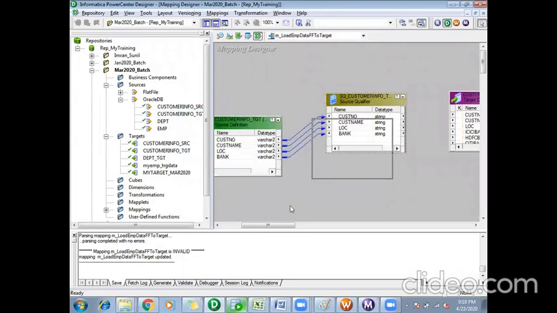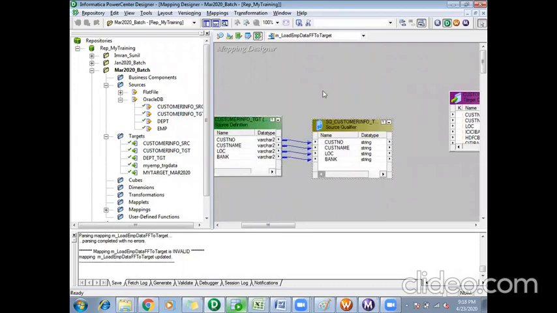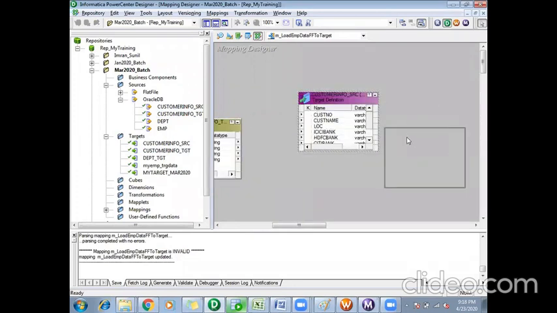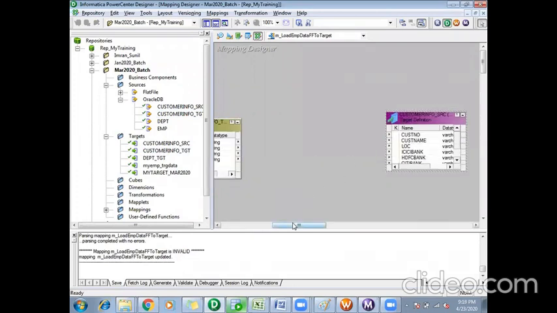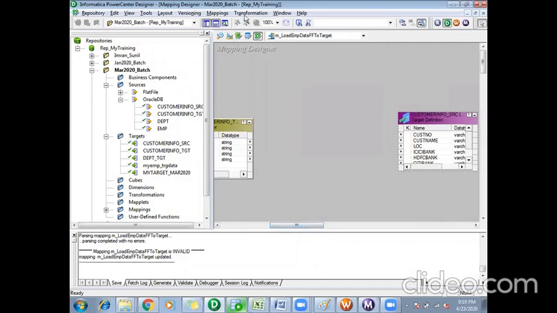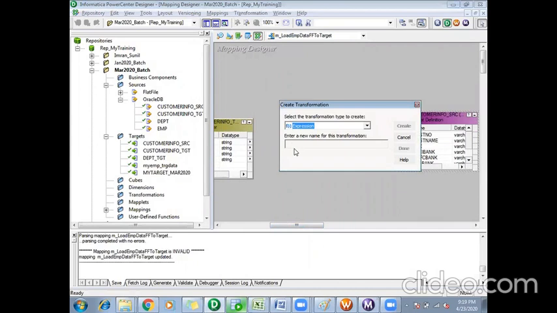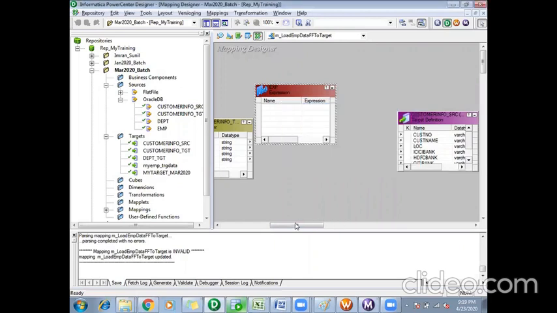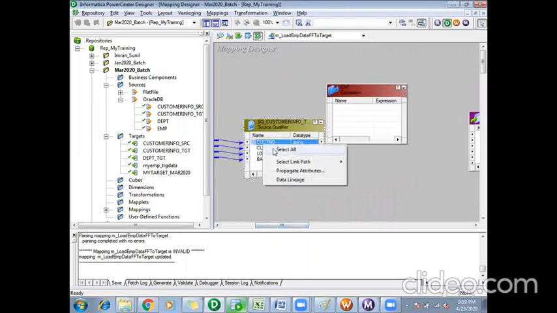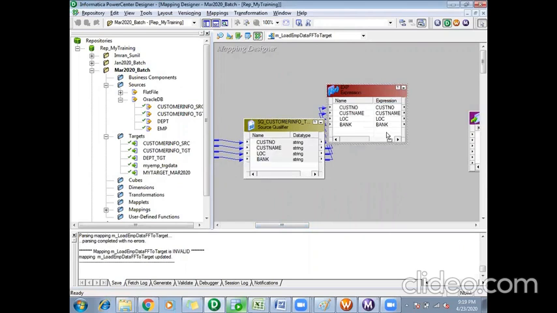Okay. As I told, I want to convert the columns into rows now. So what I'll do is I'll use an expression transformation. I'll take all the source to my expression.